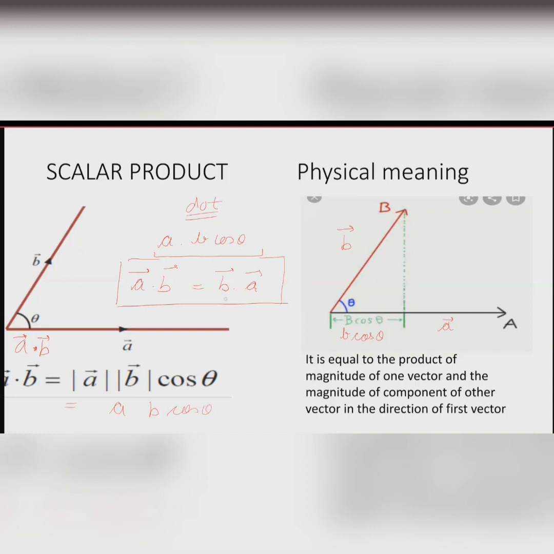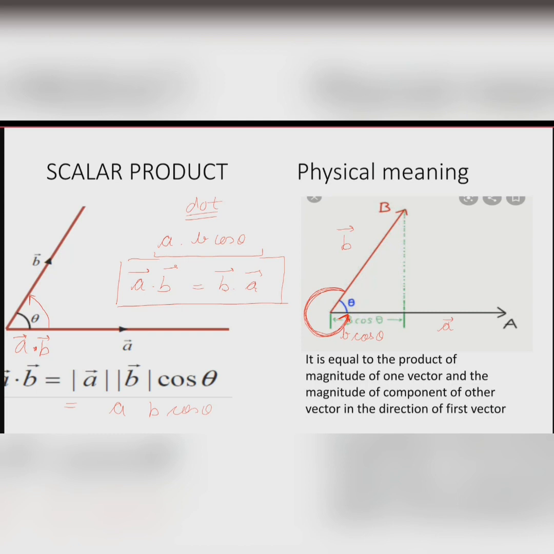Okay, A dot B is the same as B dot A. When we take A dot B, we take the angle going from A to B. When we take B dot A, we take this bigger angle. But ultimately, we can actually do it and see. If you want to, you can go ahead and do it. This angle would be 360 minus theta. This will again give you cos theta only. So when you're taking A dot B, the angle that you take is the smaller angle from A to B.